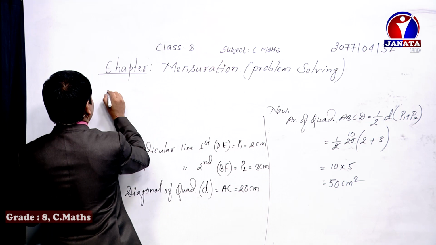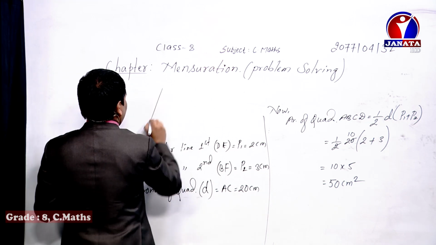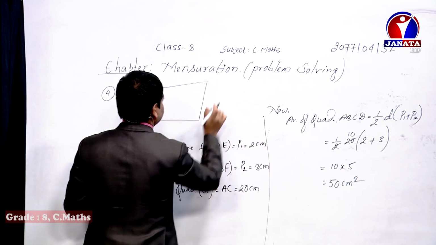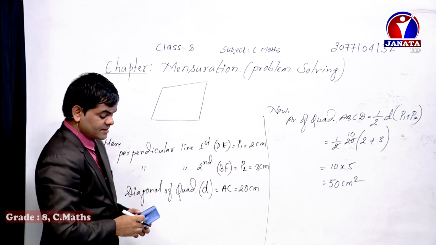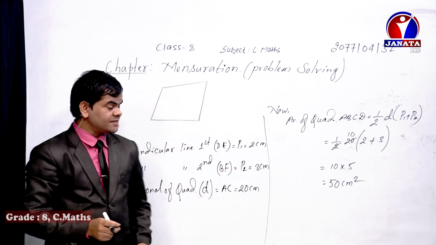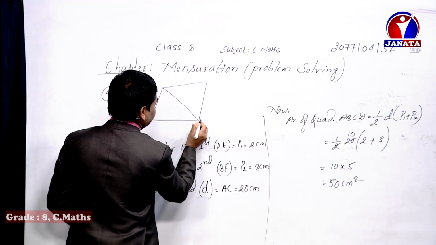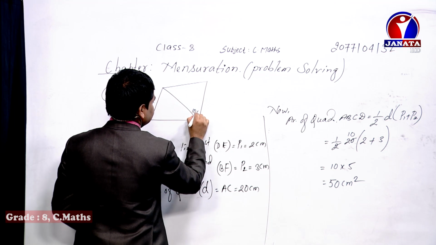Question number 4. One quadrilateral is given, okay. In this way the shape will be different. The lengths of the sides of the quadrilateral, all 4 sides have different measurements. Now I am going to join this diagonal, and the length of this diagonal is given as 10 centimeter,